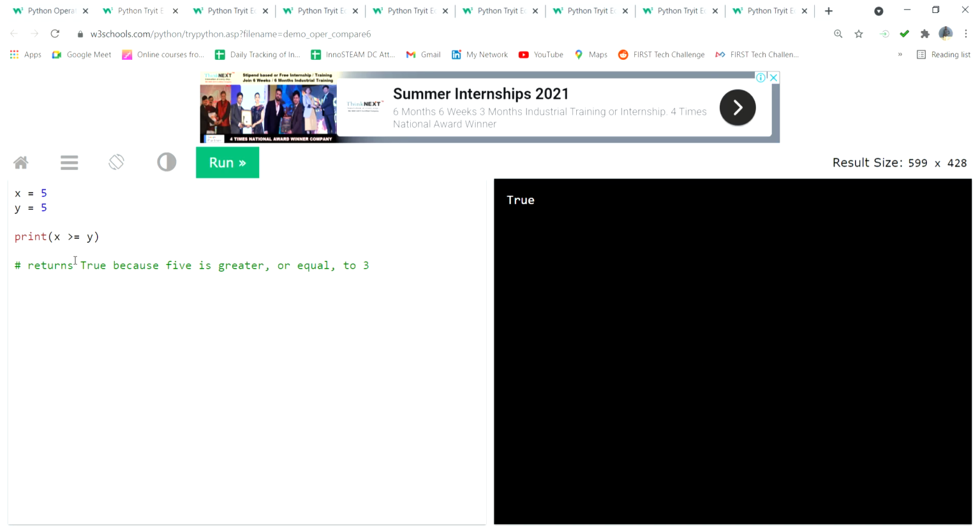Below 5, all the values are true. 5 also is considered; if it is 5 or below 5, it is coming true. That is the rule of less than or equal to, greater than or equal to. Suppose I remove this equal symbol, then I put 5, now it is coming false.